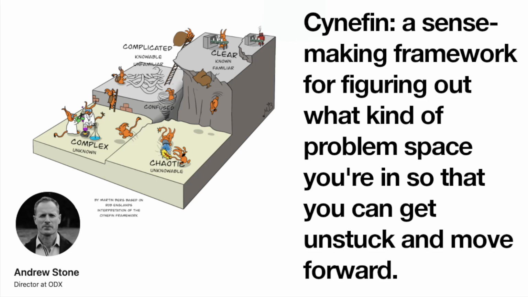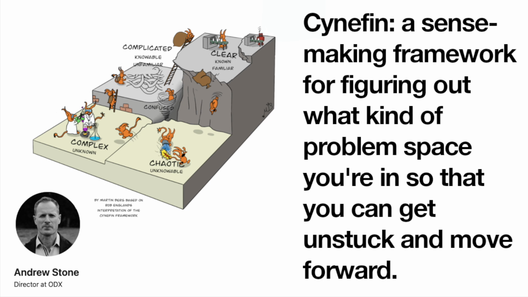Now we move into the complicated context. This is the domain of experts, the realm of the known unknowns. We know what we don't know. Precisely. Cause and effect can be figured out, but it is not obvious to just anyone. You need expert diagnosis. So, sending geologists to find oil deposits. Perfect example. Or having a team of engineers figure out the total carbon footprint of a huge global company. There isn't a simple recipe for that. And the action sequence changes. It's now sense, analyze, respond.